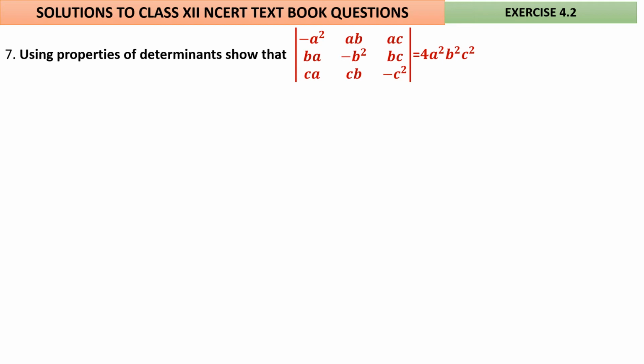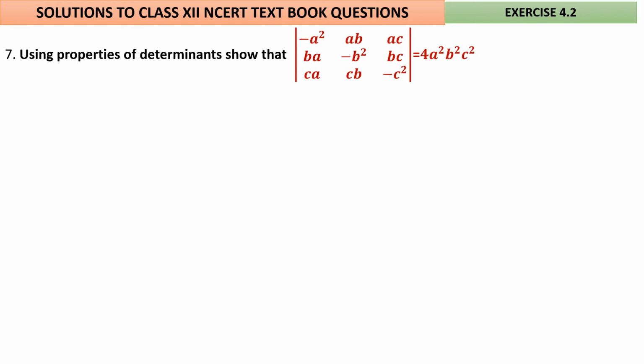Is the idea clear to you? Again I repeat, if the right hand side is a product of factors, take one factor outside by making use of row operations, whatever the property which you have seen. But this is actually a very interesting question, because when you want to take a square from any element of a particular row, then the a square will come from all the elements of that row, because normally the expression which is given inside the determinant will be a cyclic expression.